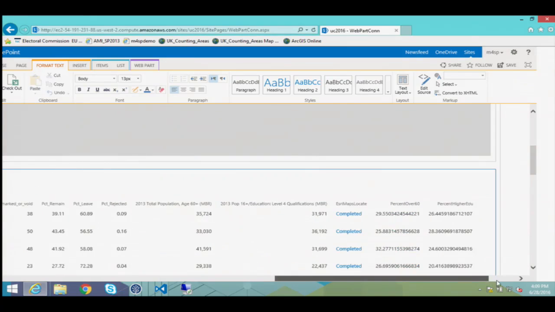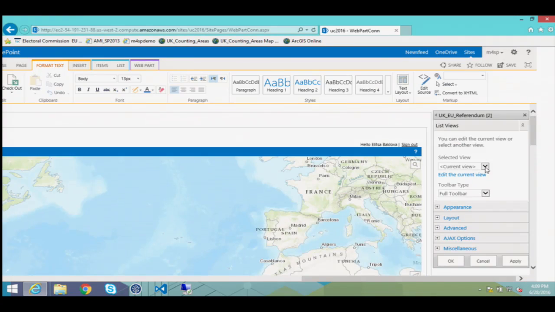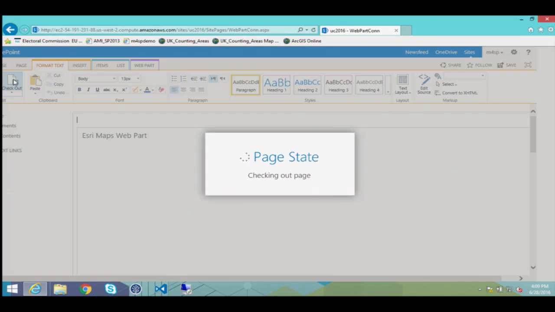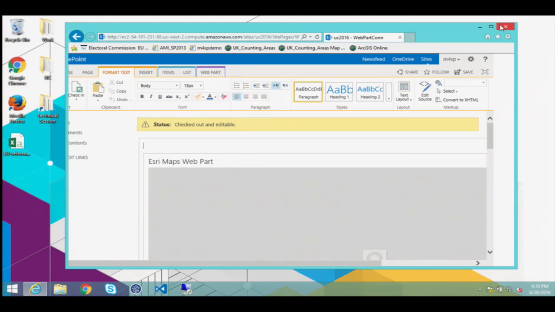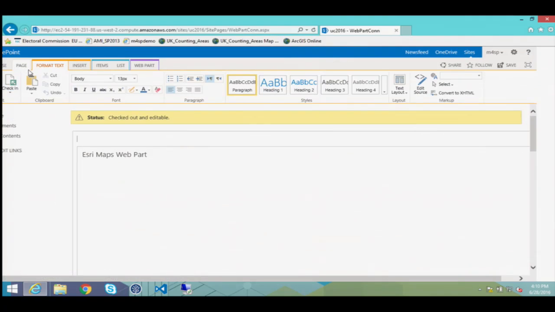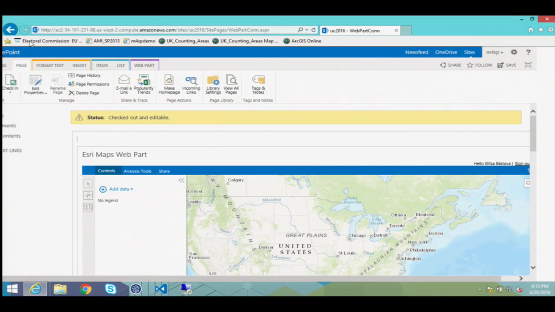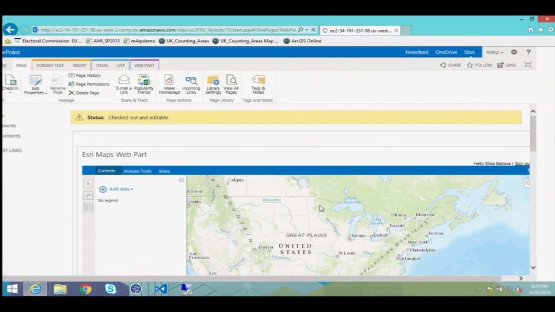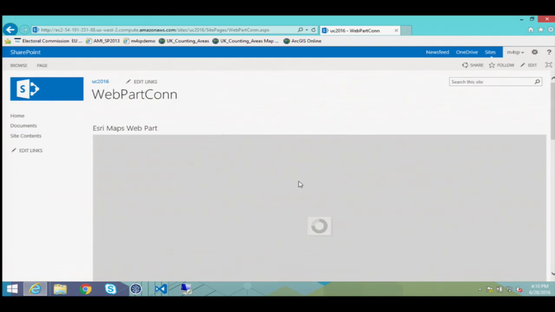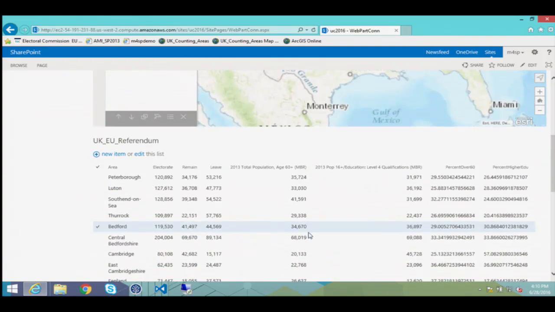And I would save my page so I don't lose my changes again. Okay, that was the subset. Okay, let me save my page now. Come on. Page? It's not showing me the button. I cannot scroll anymore. Live demo. Okay. So I have my map, and at the bottom I have my